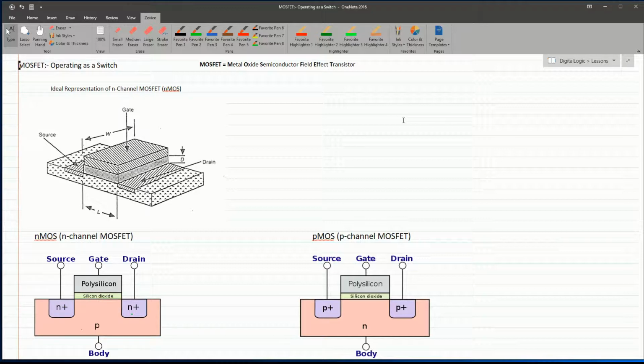Now, there's two different types of MOSFETs out there. MOSFET stands for metal oxide semiconductor field effect transistor, and this is the N-channel MOSFET. I'll just draw an outline here because that'll show important in a moment. N-channel is preferred over the P-channel MOSFET. The reason being is that N-channel is about 2.5 times smaller and also it's got faster switching speed. We can draw it like this,